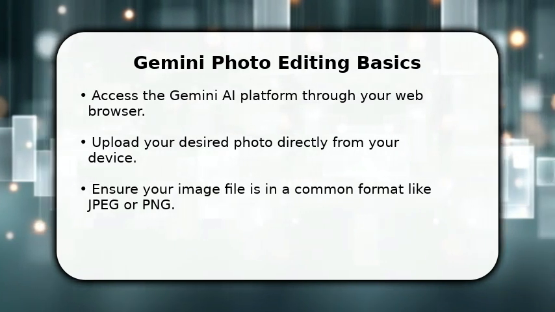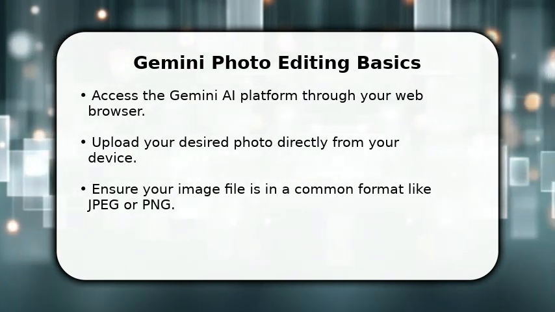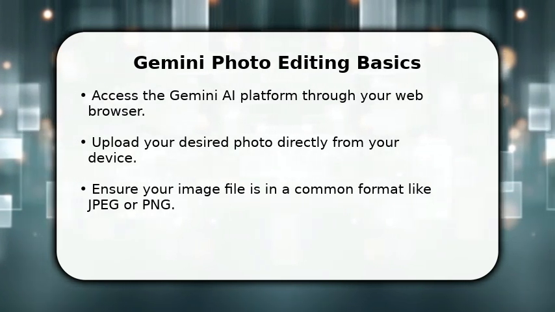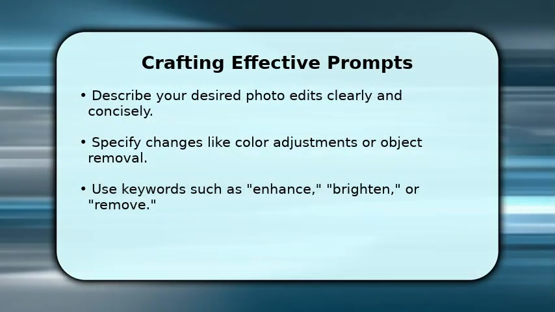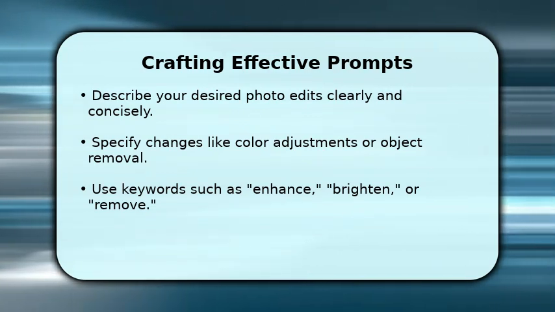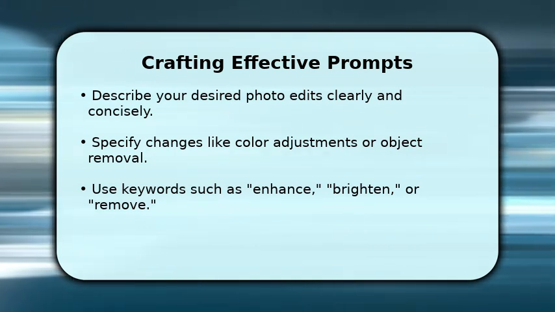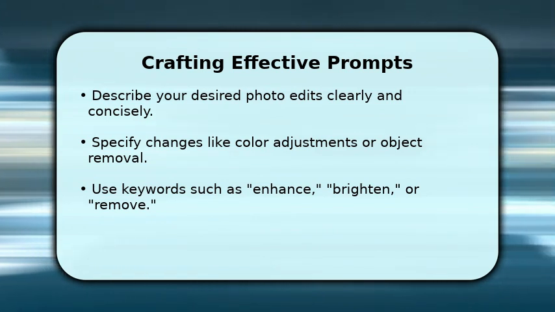Make sure your photo is in a standard format, like JPEG or PNG, for the best compatibility and results. Now it's time to tell Gemini what you want to do. In the prompt box, clearly describe your desired edits. For example, you might ask it to brighten the shadows or remove the background. Using specific keywords like enhance, sharpen, or change color will help Gemini understand your instructions precisely and deliver better results